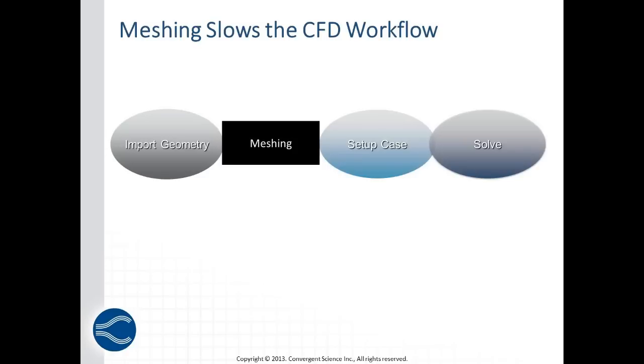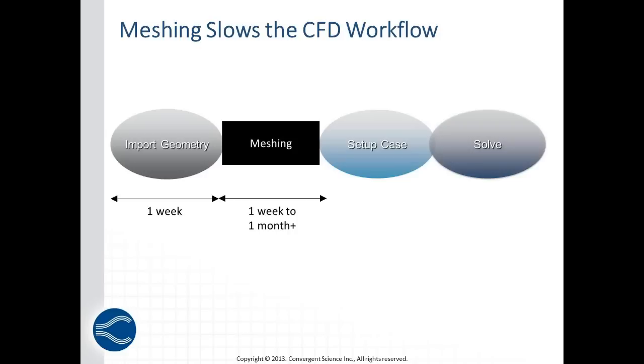So things that we've heard: it might take about a week to decide exactly what geometry to use, and then you go into meshing. And what we hear is that often takes between a week to a month or more. In fact, just recently I heard 4.5 months to develop a mesh for a really complicated gas turbine combustor. So that's an area people are looking at and saying, is there a way that we can improve this, a way that we can reduce this, and as I'll try to show you,